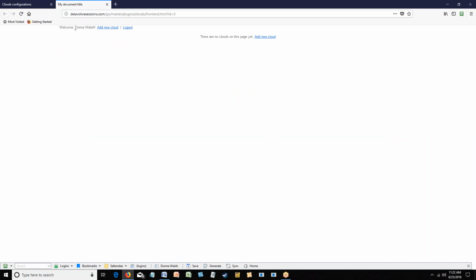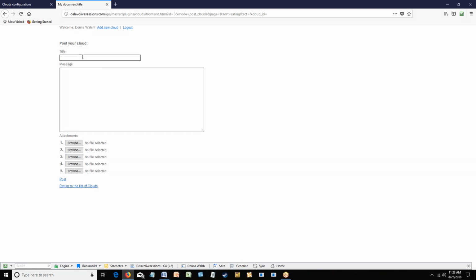As you can see, as administrator, it welcomes me, and I can add a new cloud. It does tell me that there are no clouds on this page yet, so you can add a new cloud. When you add a new cloud, you can put your title in, and I'm going to say something about the list building book. I'm just going to shorten it to say that. And then I'm going to put my comments here saying something like,